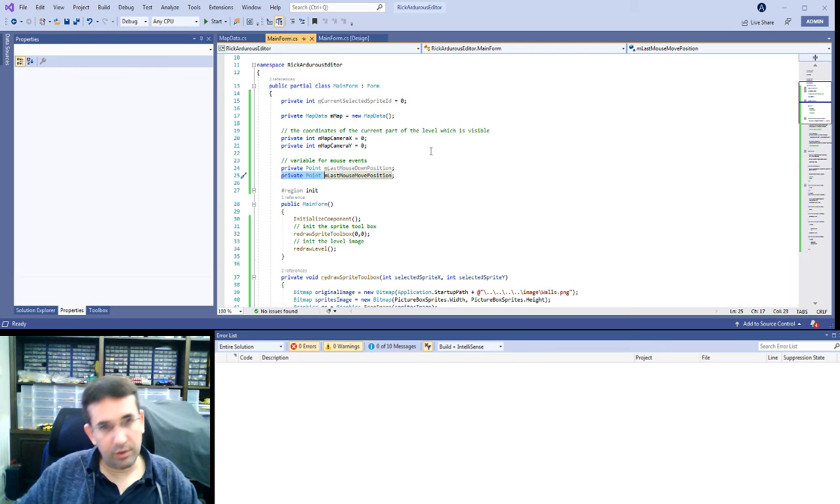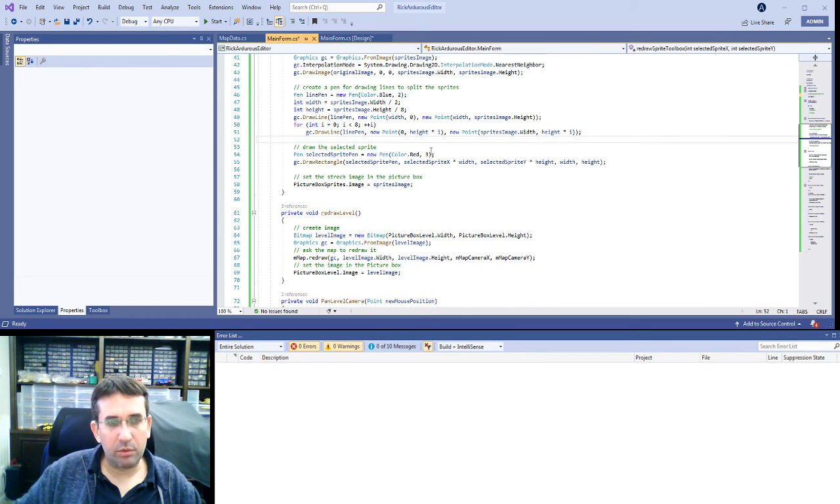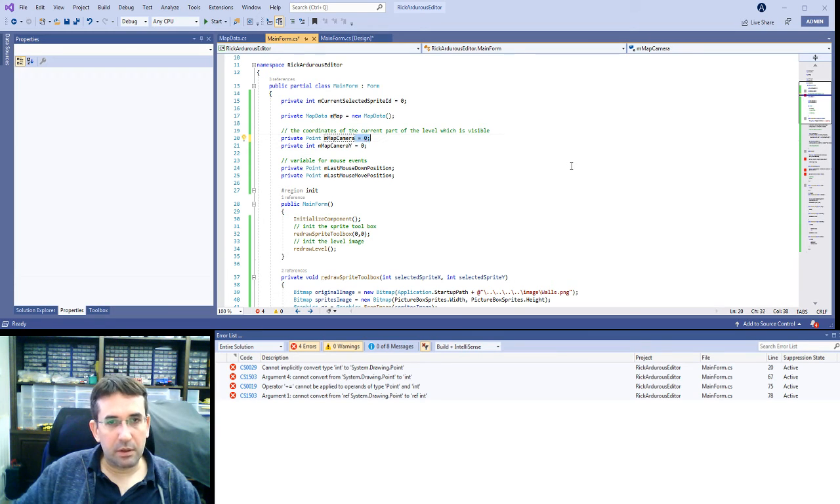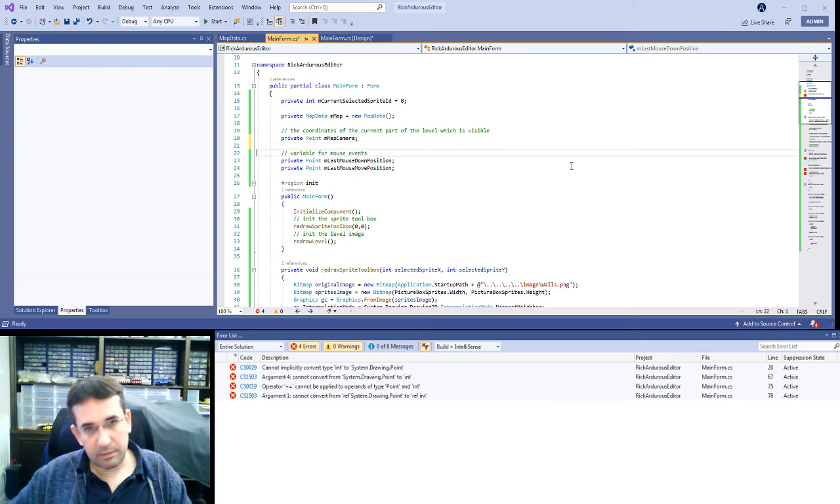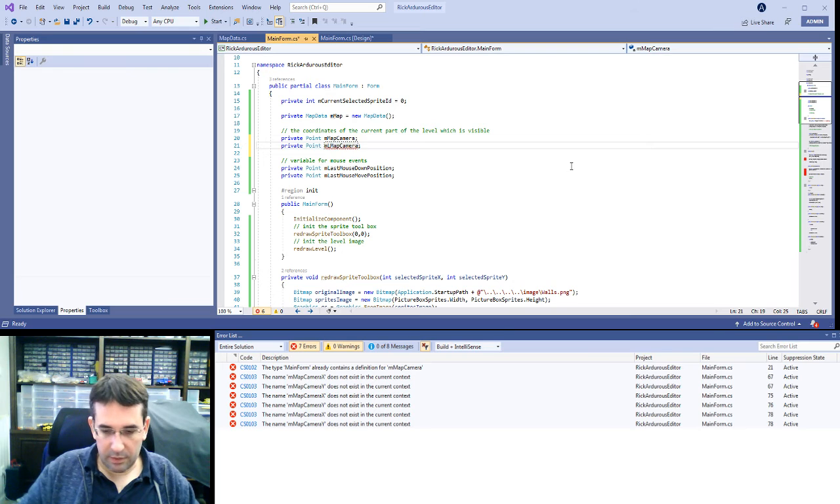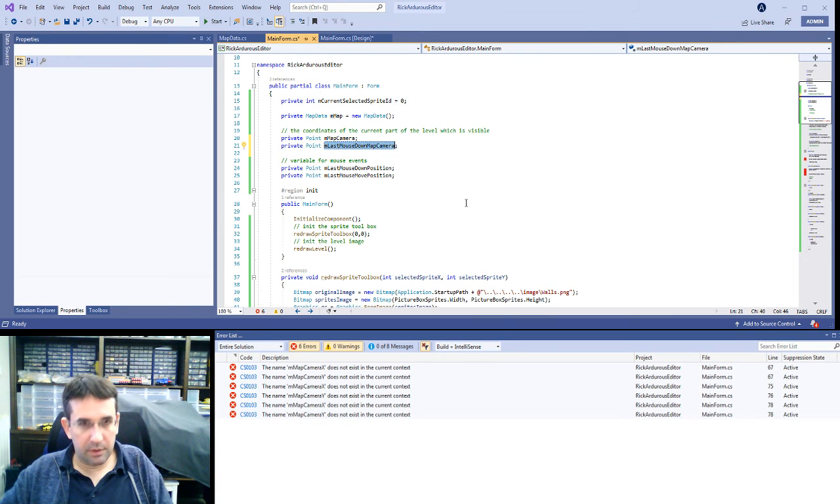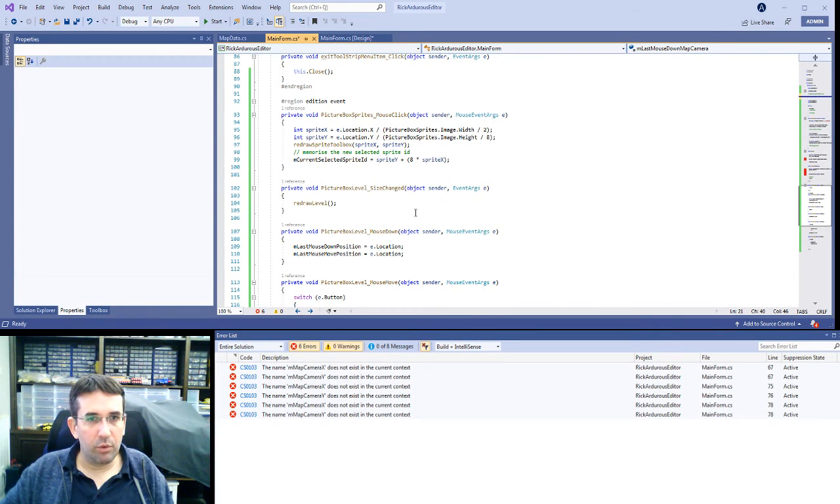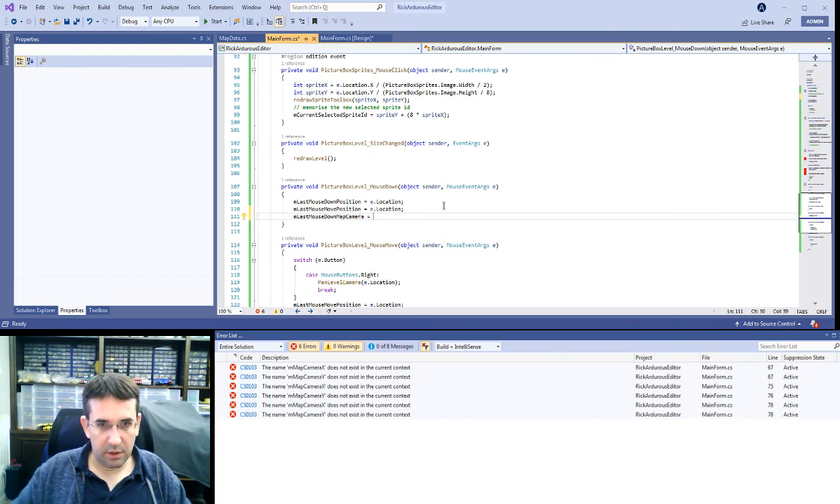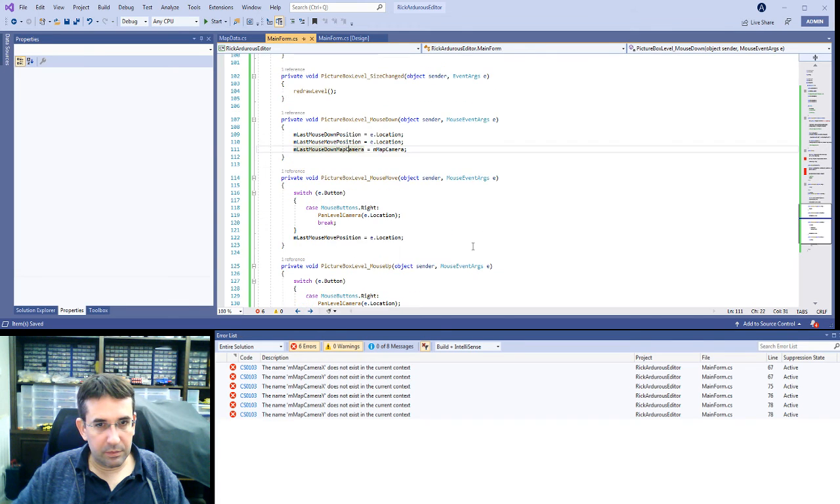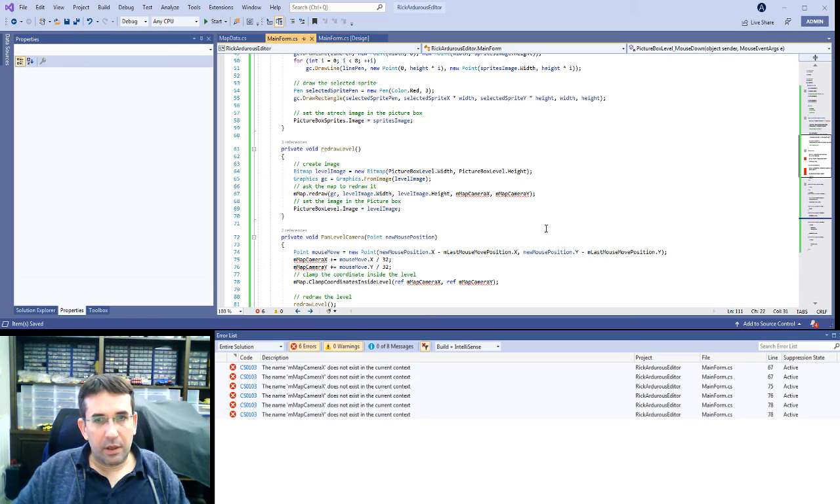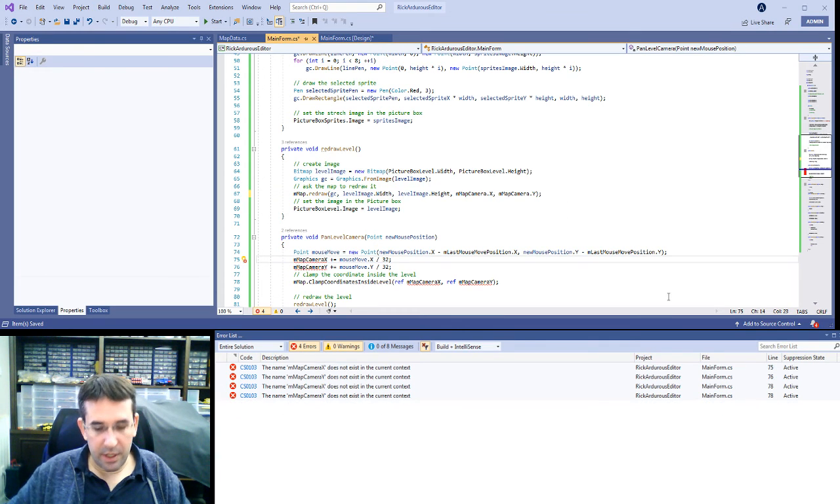I will use a point also for the map camera X, for the map camera. Oops, sorry. Last mouse down camera. Okay, so when we mouse down, I can memorize the map camera. And here